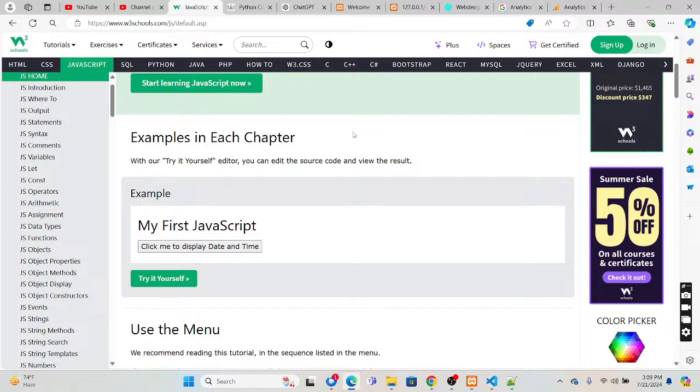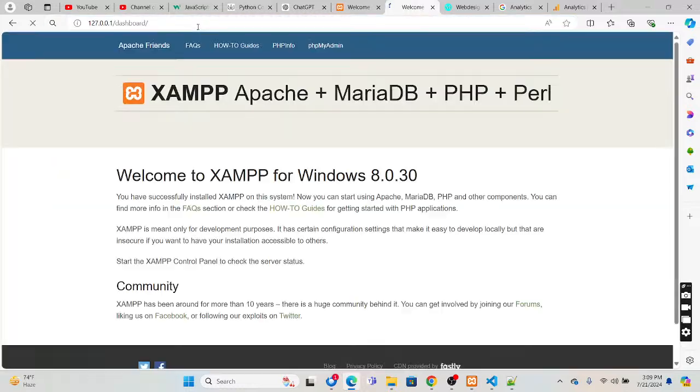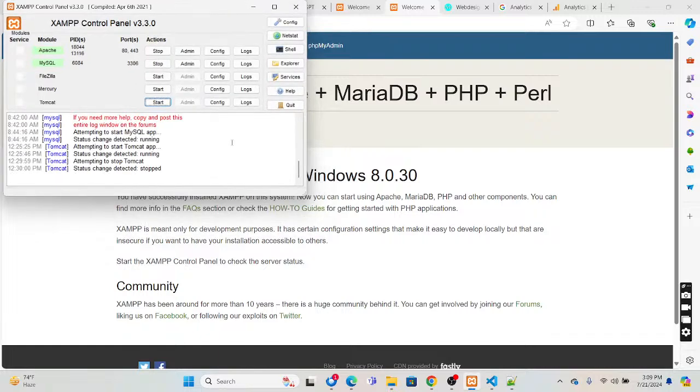Okay, so before that, I also have one video, which is an example of a local environment for you to set up. You can install it and run that. There is a control panel where you run Apache and MySQL.